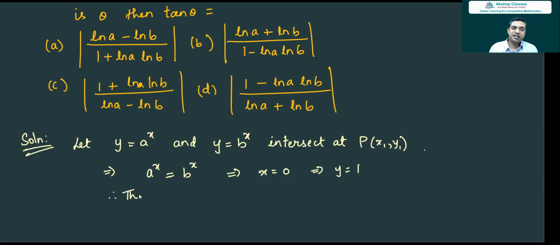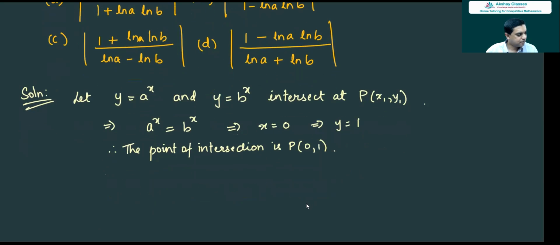Therefore, the point of intersection is P (0, 1). Point of intersection is P (0, 1). Now,